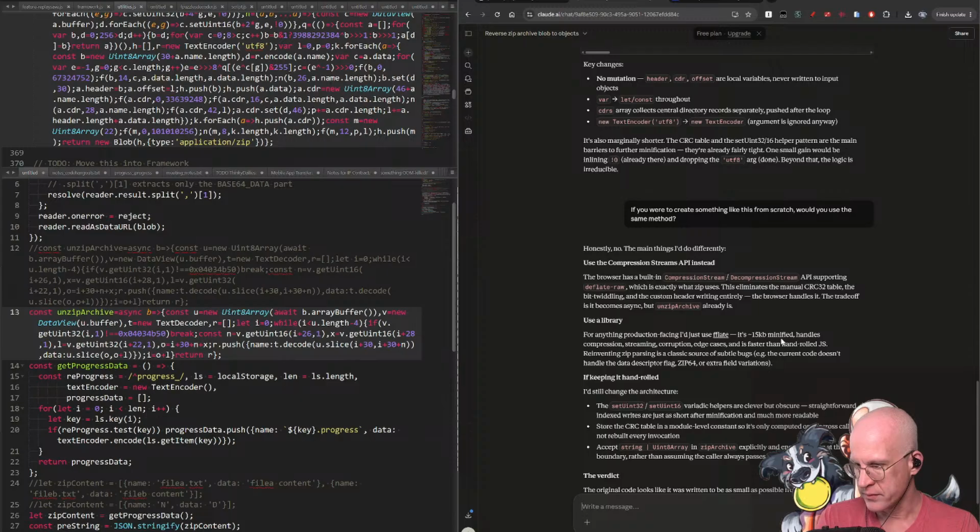For anything production-facing, I'd just use fflate. It's 15 kilobytes minified, handles compression, streaming, corruption, and edge cases, and is faster than handroll.js. Reinventing zip parsing is a classic source of subtle bugs. The current code doesn't handle the data descriptor flag or zip extra field variations. If keeping a hand